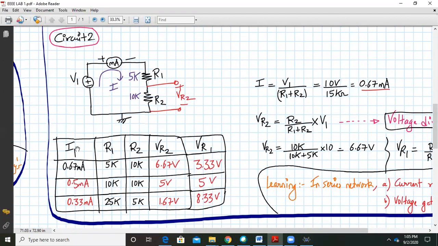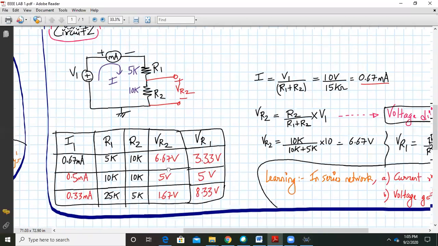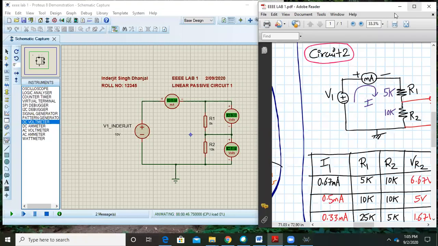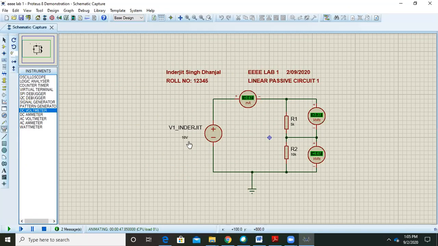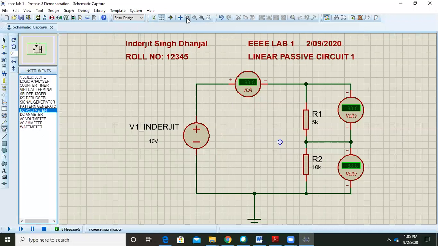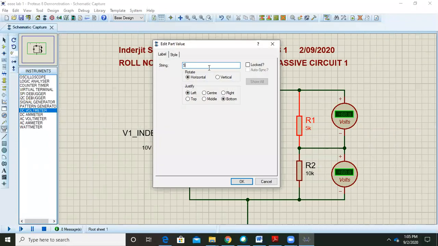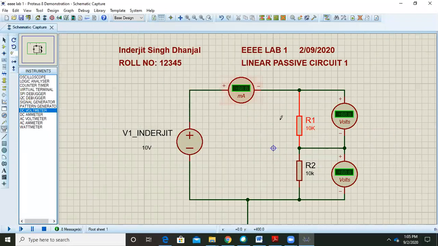Here we are calling it I, the same as I1 only, so don't get confused. Now, if you change the values of the resistors R1 and R2, let me make it 10K each, and let me show you one more. I will pause this and stop it. Always remember, pause it first and then stop. I'll again maximize, center align it, and now I want to change this value of resistance to 10 kilo ohm. So I have two resistors of 10 kilo ohm each and my voltage source is 10 volts. Let us play this.